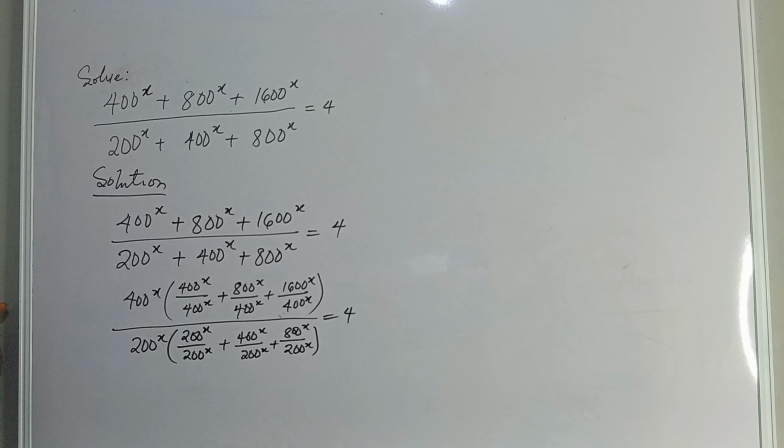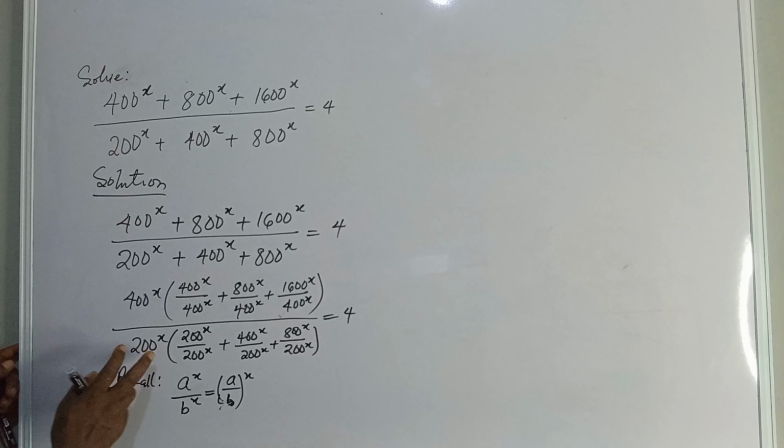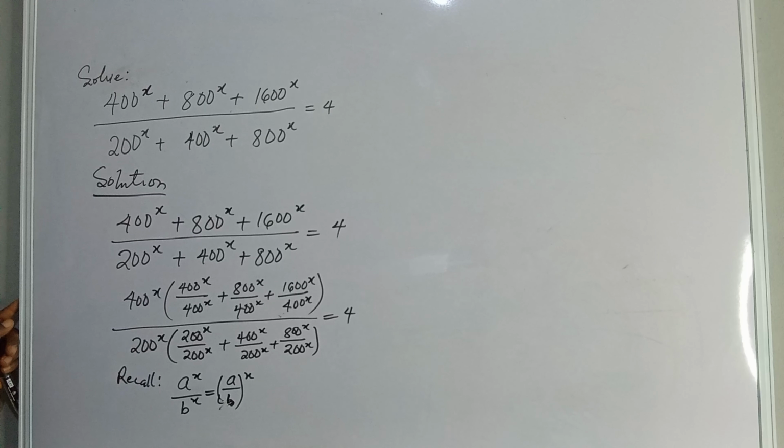Okay, so now, if we recall that if we have a^x over b^x, this is the same thing as (a over b)^x. So if we have different bases or same base, and then we have the same powers, this will become this. Now if we apply this to both the numerator and denominator of this question, then we are going to have